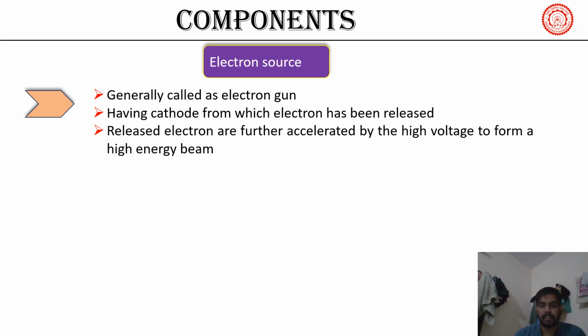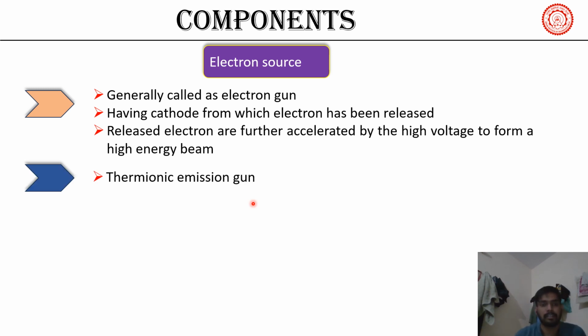Electron sources are also called electron guns. Basically, we have a cathode from which we eject the electrons. These electrons are further accelerated by a high voltage to form high energy beams. Based on how we eject the electrons from the cathode, the electron sources are further divided into two